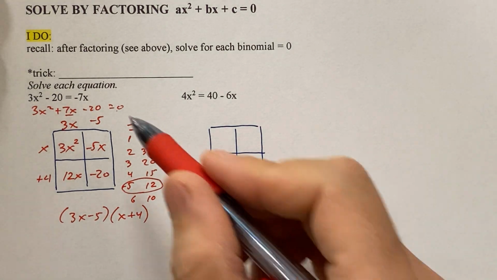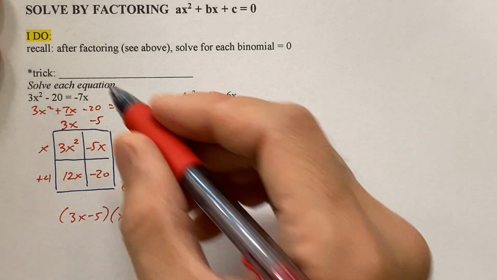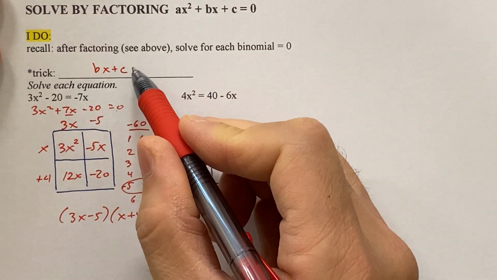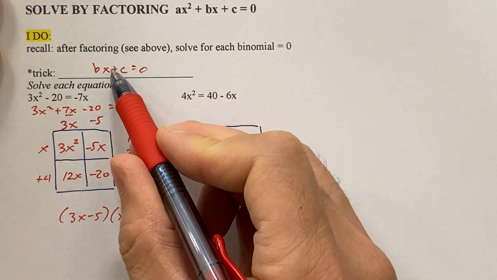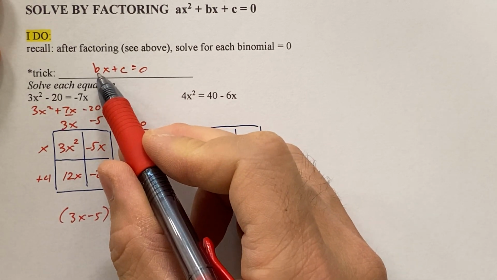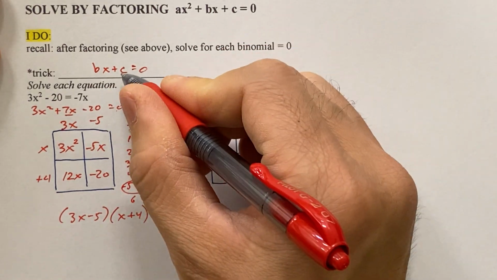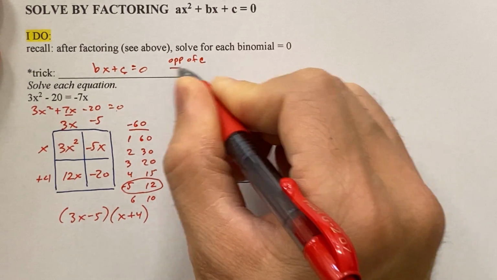But at this point, because it's an equation, I'm only 99% done. I have to come up with my answers. So what are my answers? There's a little trick where when I'm left with just two things, my job is to make this equal to 0. So I would always subtract this or add if it was a subtract sign, and then divide by this number here. So the trick for me is always to do the opposite of this, opposite of C divided by